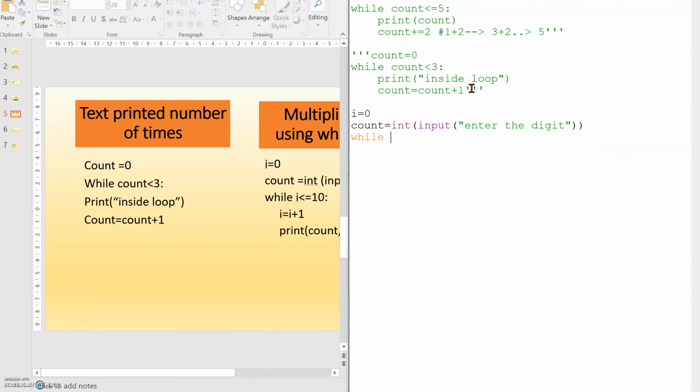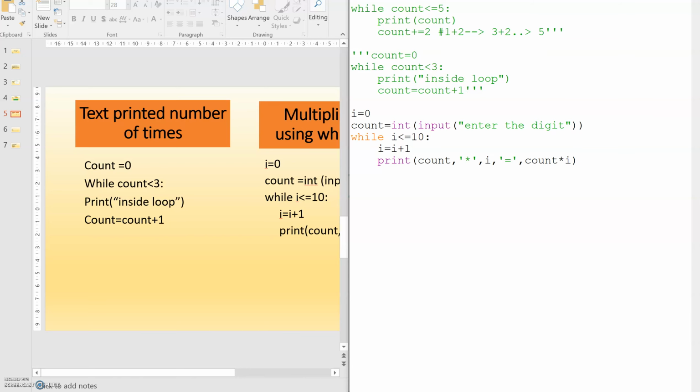Now I will give the condition while i lesser than or equal to 10, because I need till 10 times. i is equal to i plus 1, it has to increase the value. Now I am writing print: first count, then the multiplication symbol, then i, then equal to, then count into i.